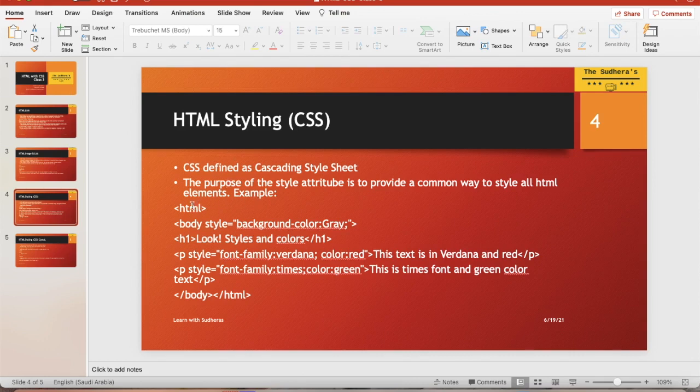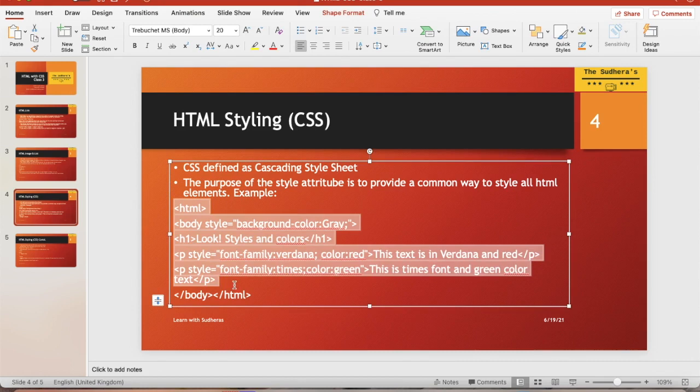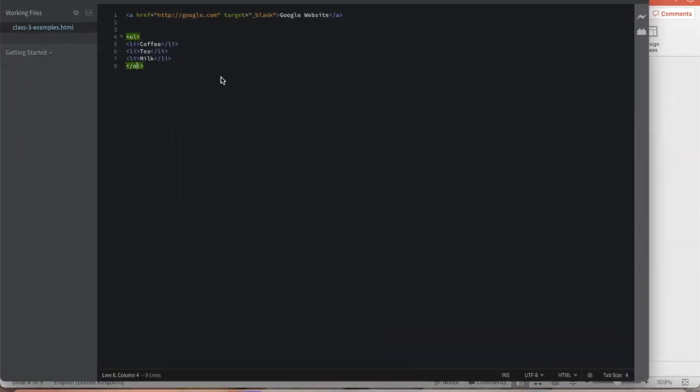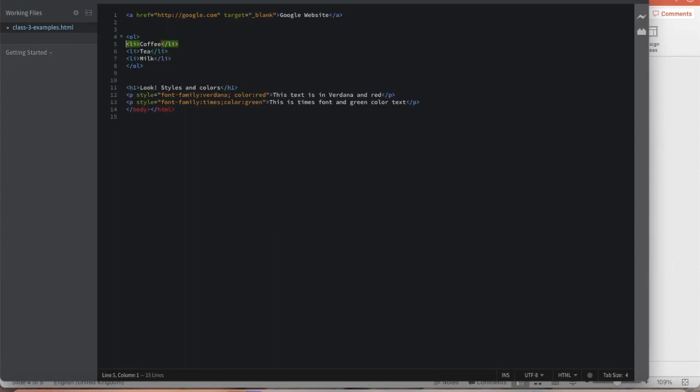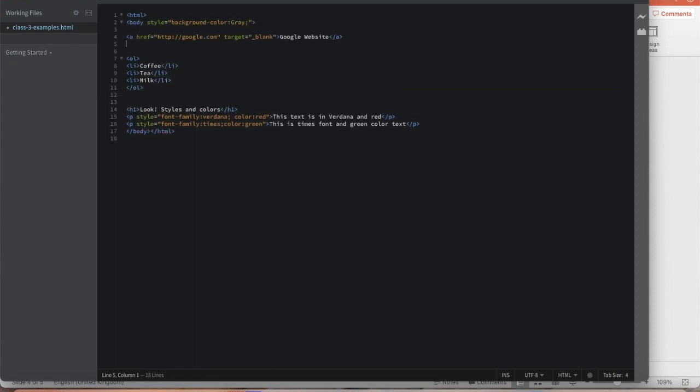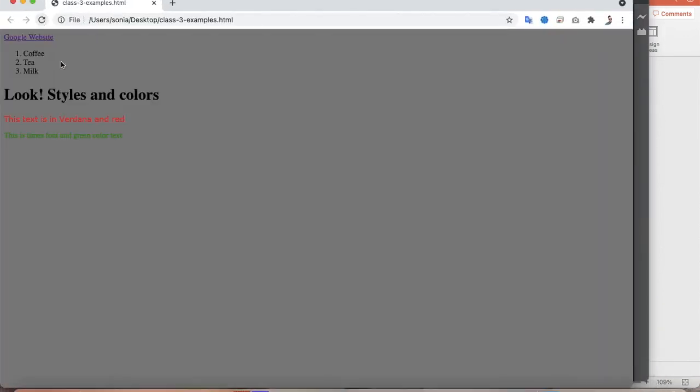So basically, let's try to see an example. I just put it here. We will put it in a demonstration or example, so that it will be easier to understand. I will just cut this. Because as you know, our tag is always HTML on the top and then the body. So body is closing. Okay, let's save it and see on the browser. If you can see, the background color of the body has been changed.